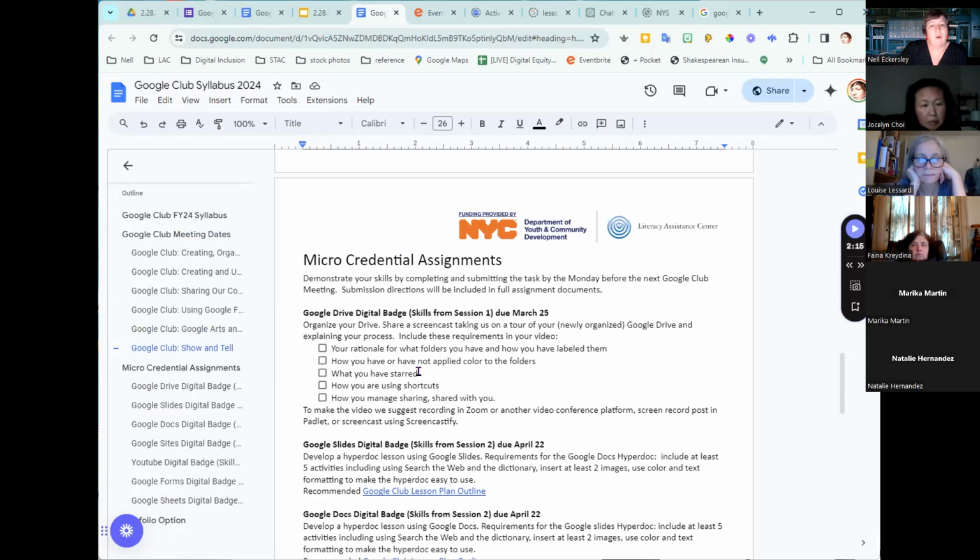We want to know what folders you have and how you labeled them. If you apply color to the folders, why, if there's a meaning to that, what you starred, how you're using shortcuts within your Google Drive, and how you manage sharing and shared with you. And we're going to talk about all these elements today.